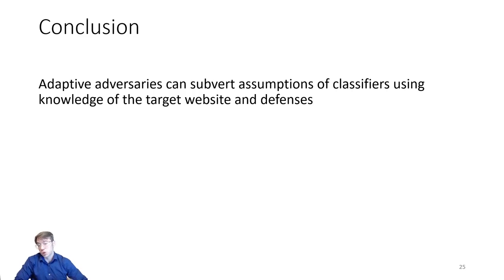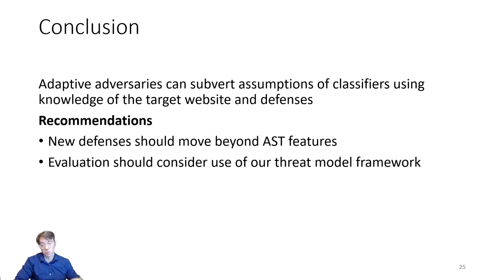So in conclusion, we believe that adaptive adversaries can subvert assumptions of classifiers and that their knowledge makes them more powerful. We believe that these findings show that a call to arms is necessary for new defenses against AST-based classification as a defense